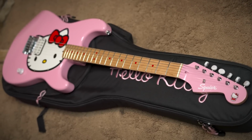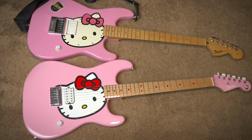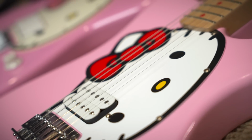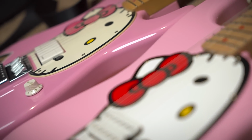So this was a very different guitar than I was expecting. I thought it was going to be pretty much the same as the OG, but with a matching headstock. And nope. And because we're about to get into the surprisingly large amount of minor and major differences from the original,